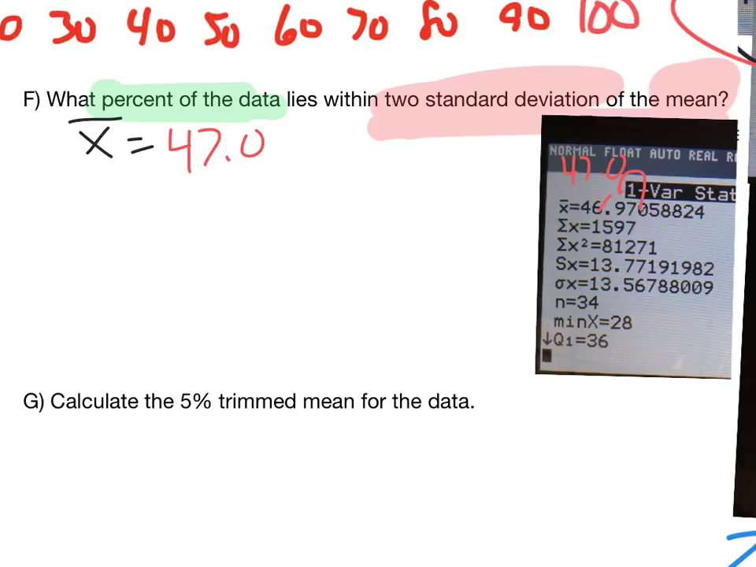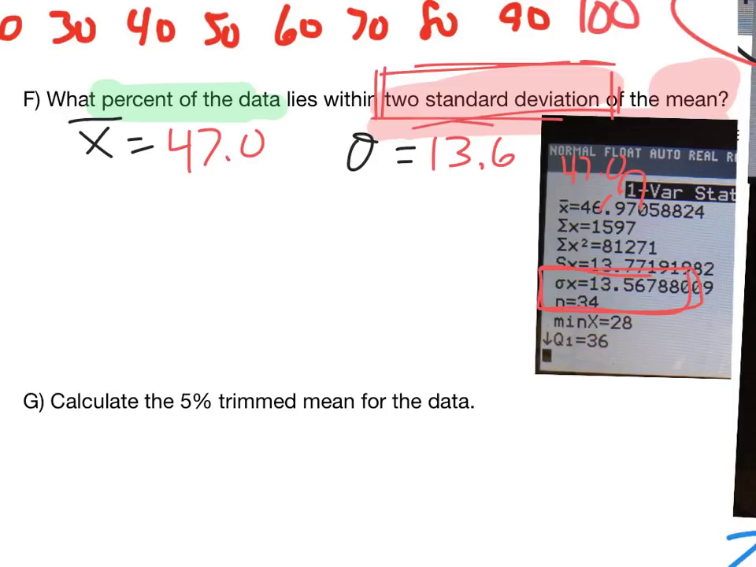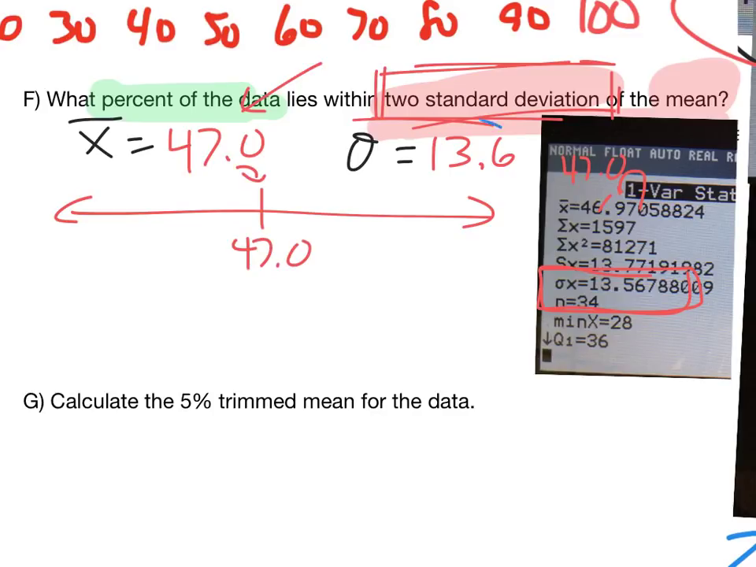And for standard deviation, we're always going to use the value that's above the n in this class. So in this case, our sigma, our standard deviation, is going to be 13.6. So what we're going to do is go 2 standard deviations away from the mean. We'll kind of imagine a number line. We'll put the mean, the average, 47 in the middle. And here we're going to go 2 of these, so 2